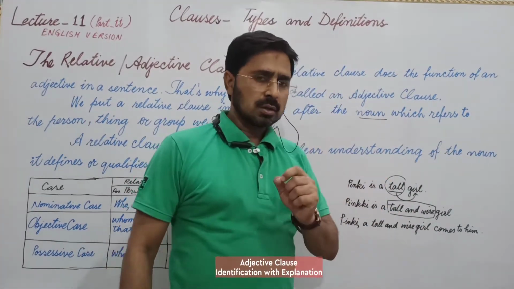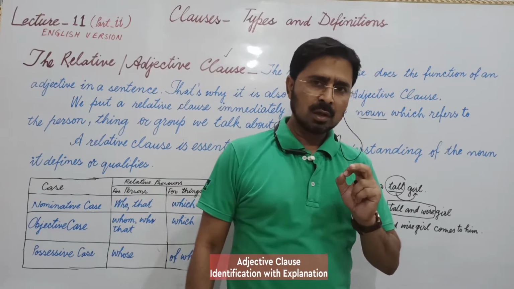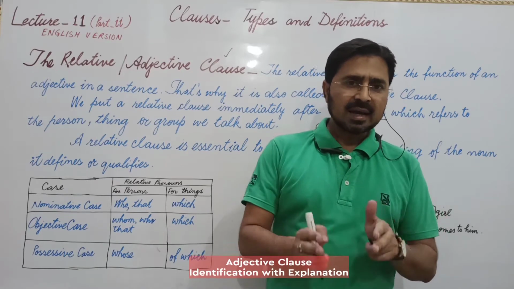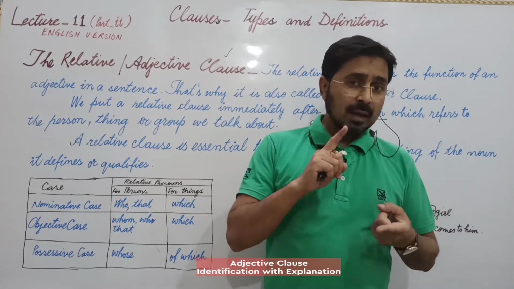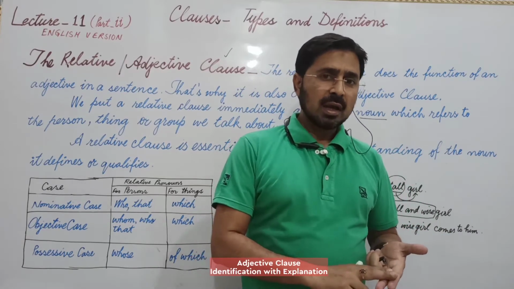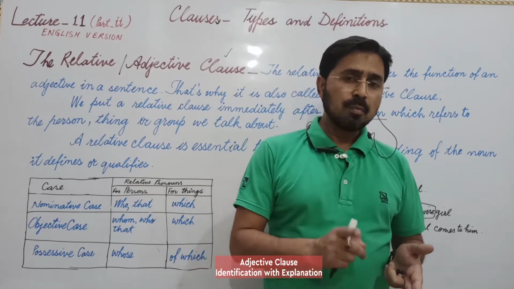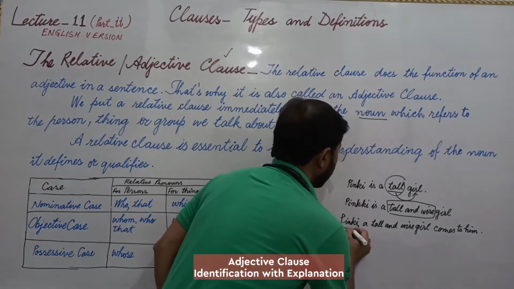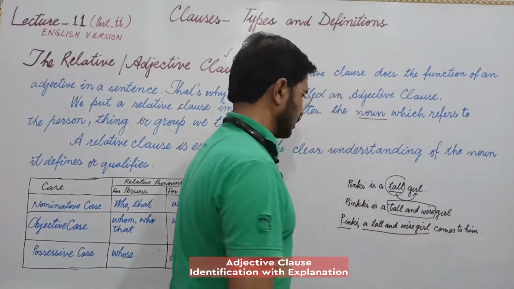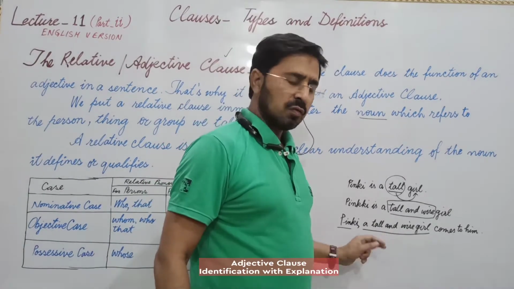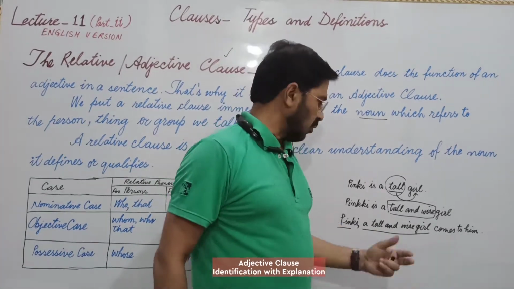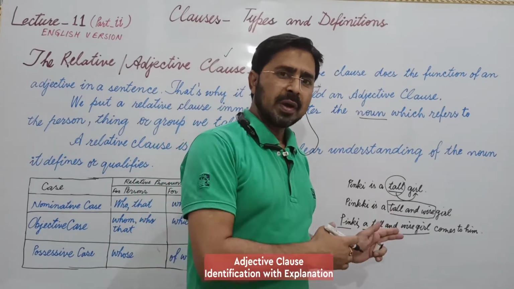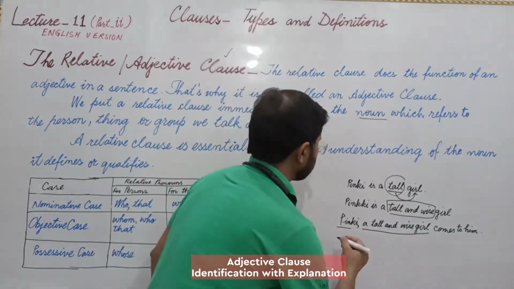Now what is a clause? A clause is a part of a sentence. First point. Second, it has its subject and predicate. Third, it acts like an adjective. Being an adjective is one quality, and another added quality is that it must be with its verb. Now let's see. Pinky, a tall and wise girl. This is in apposition for Pinky, but there is no verb. I can say this is the quality of Pinky, but it is not a clause. I am going to make it a clause. You just try to focus.